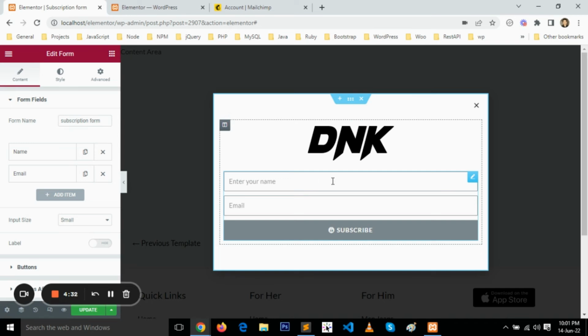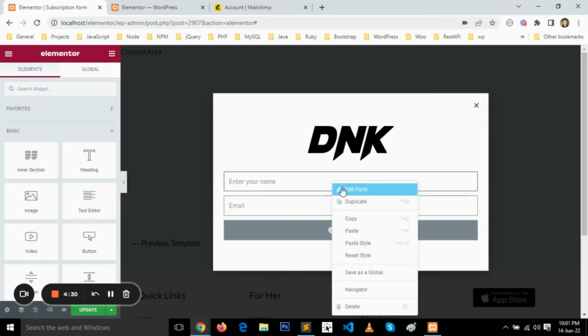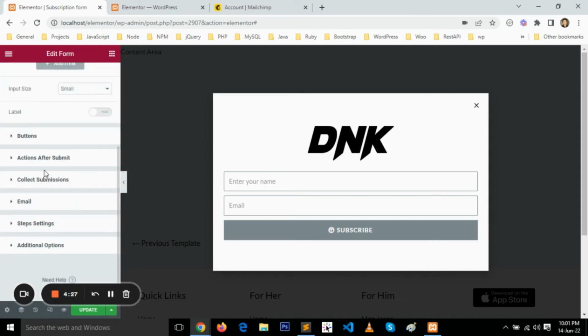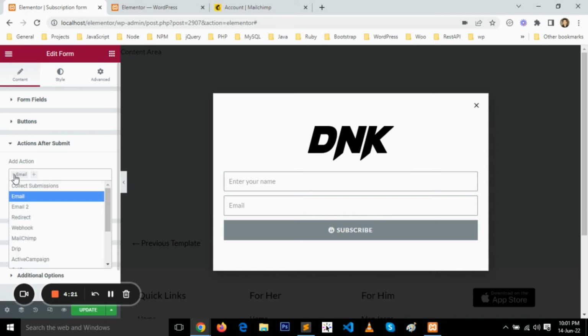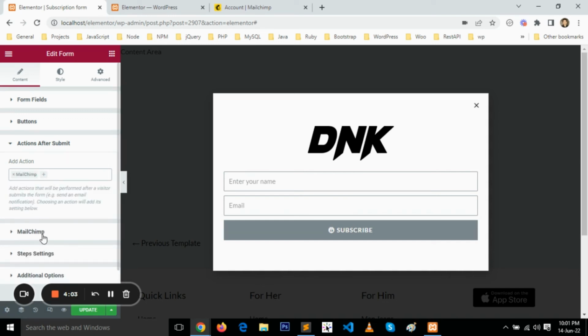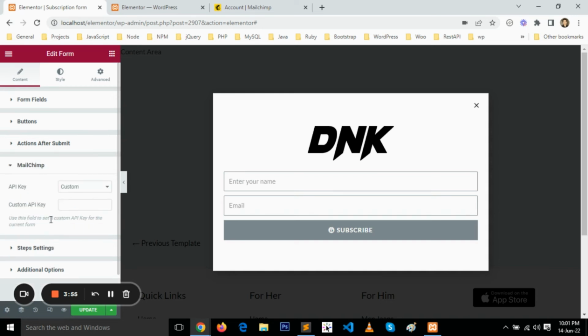Just click on this form, right click, edit form, and find the option actions after submit. These two are default actions. We want to send these leads to our marketing platform. For example, MailChimp, Drip, ActiveCampaign, whatever you are using. I use MailChimp, so I'm going with MailChimp, and I found a new field here, MailChimp. If you choose ActiveCampaign, you will find ActiveCampaign. Just click on that and